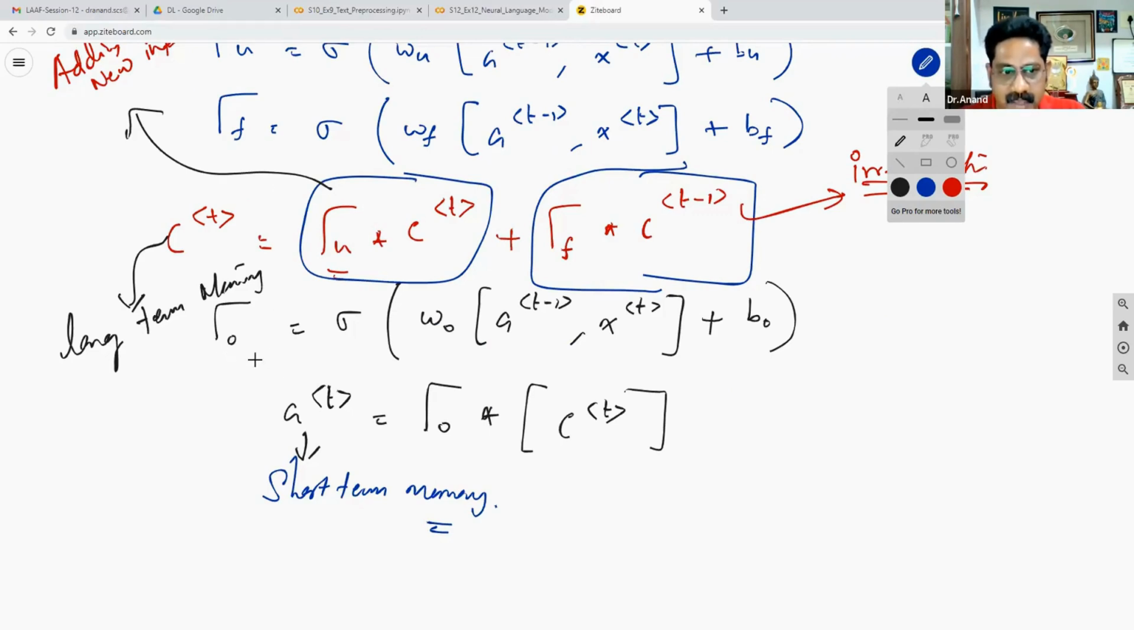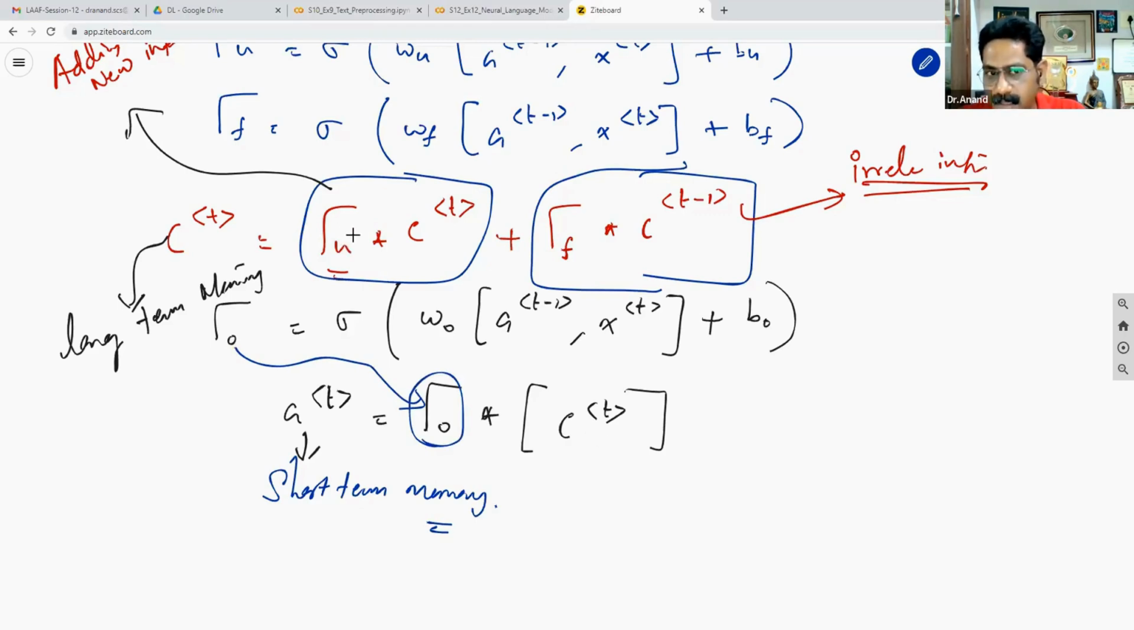Whereas the role of this guy is giving a weightage. Can you see, at the end of the day, this guy is giving a weightage. Once again, it is giving a weightage to C of t, isn't it? Here, this is updating the current information, but here it is giving a weighting factor to the C of t. If the current context relevance is more, the role of your output gate can be logically understood as